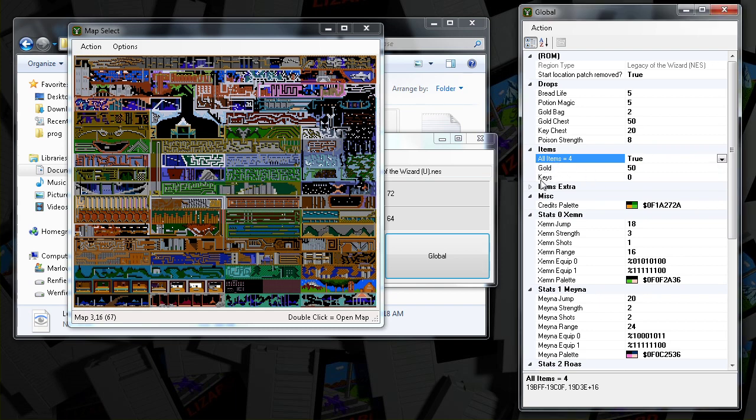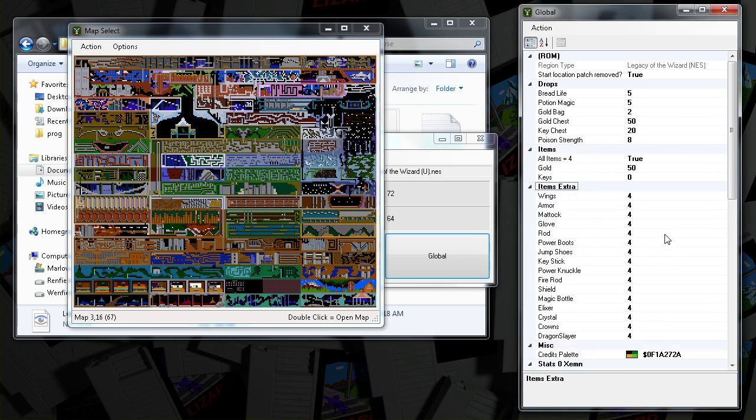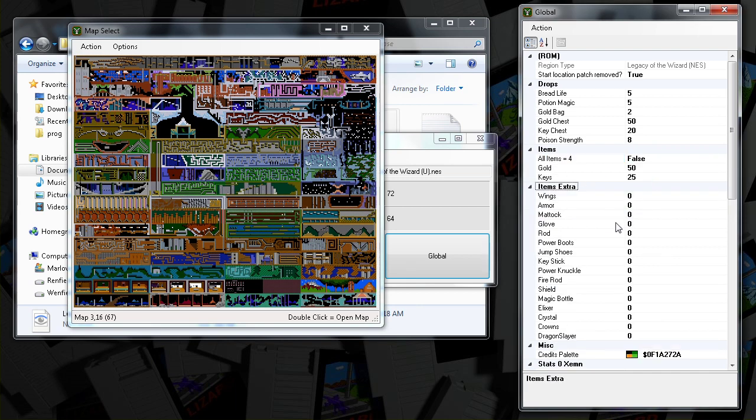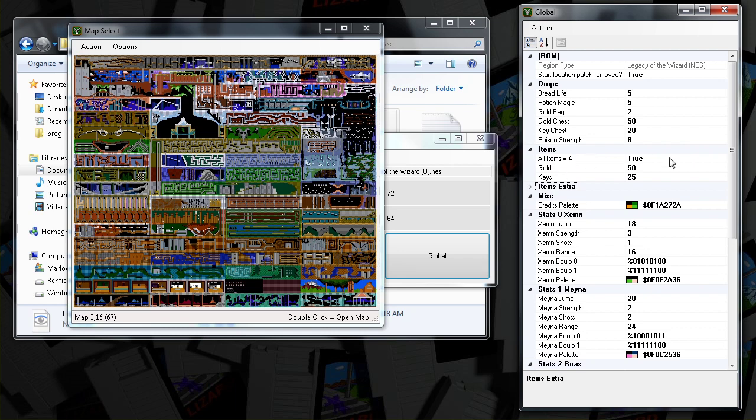I put a cheat that just sets all your starting items to 4 of each, so you can test anything you want. You don't need to gather any items to get going. Probably give yourself some keys. But you can just toggle this on and off. This was just a quick way to set them all to 4 or all of them to 0, which I thought would help testing a bit faster.